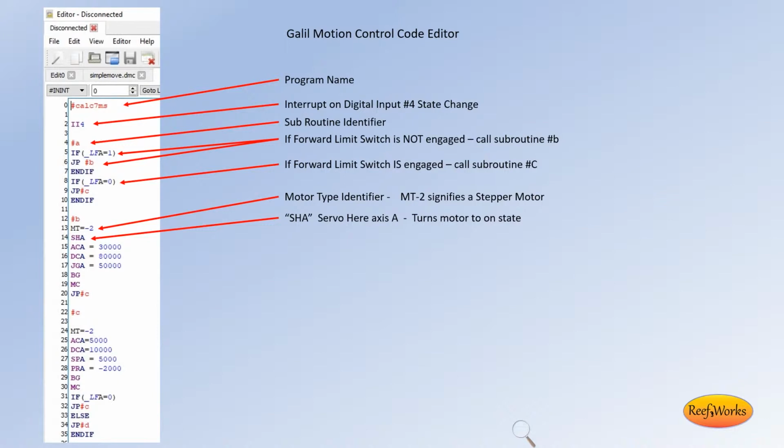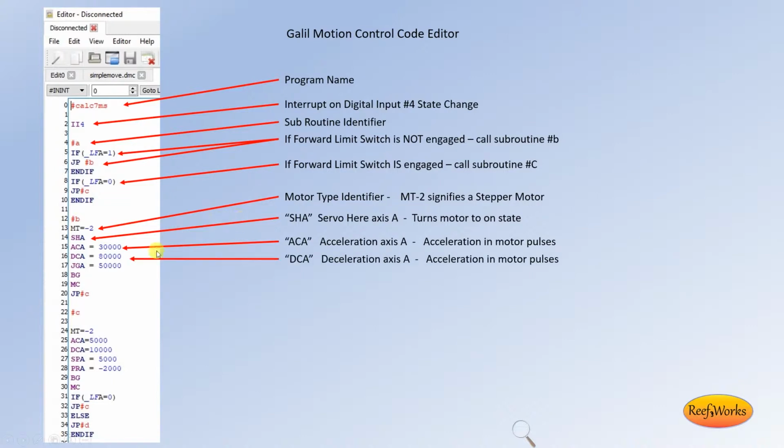So we issue the SHA command, which is servo here axis A, and it again turns the motor on. Then we set the acceleration, which is ACA, and the deceleration. Now the values here are in pulse values, and DCA is pulse. These are pulses per